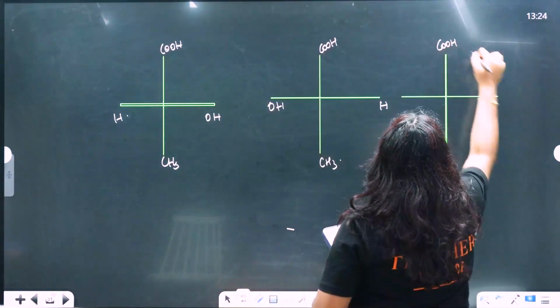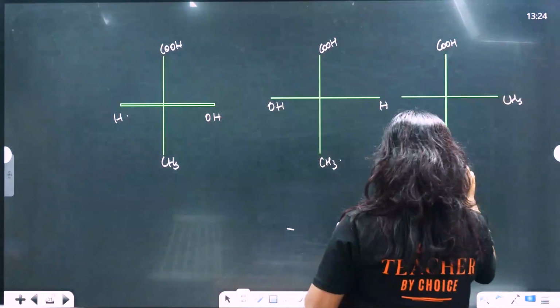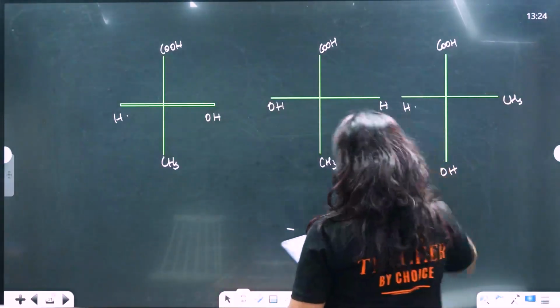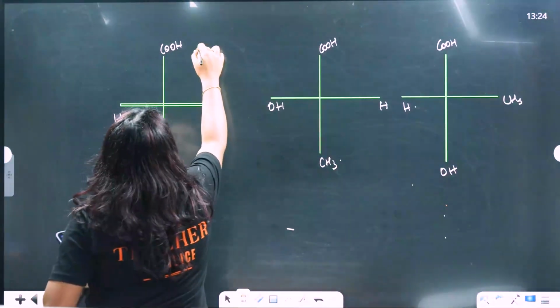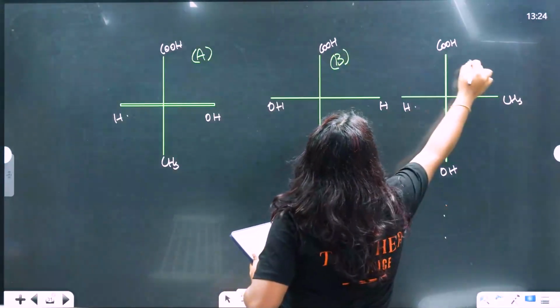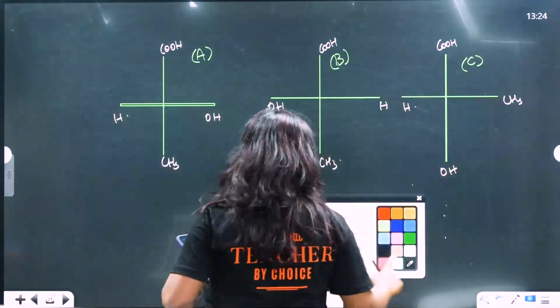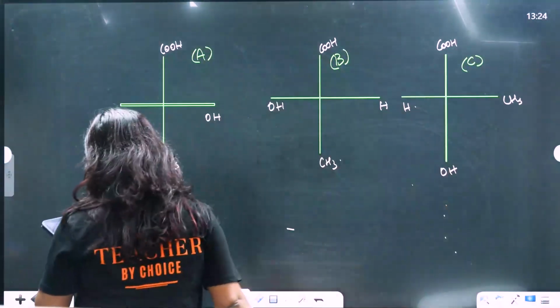This is another one, CH3 OH hydrogen. So these are the three compounds, and I'm naming these particular compounds A, B, and C. Okay, now before writing this point, I'll tell you